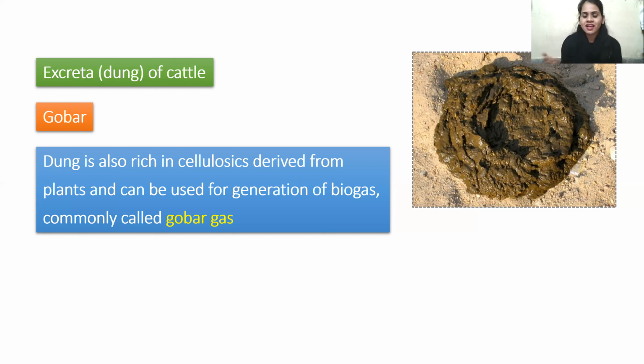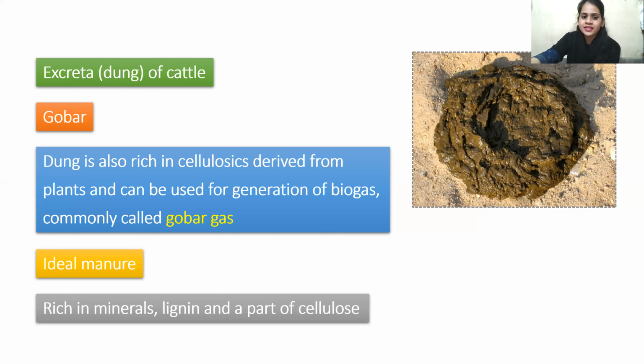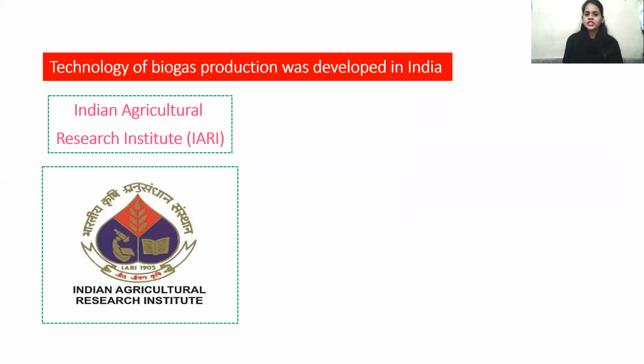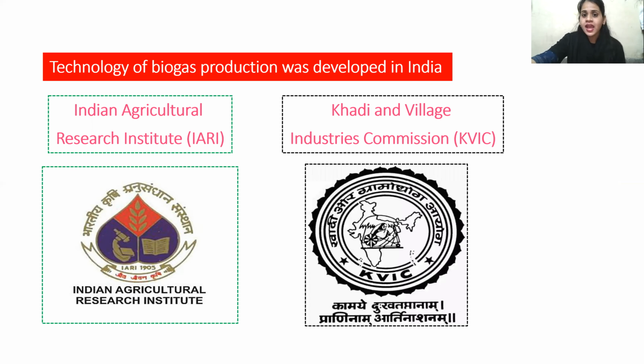So as that is having a cellulosic material, it also has a methane gas. And ideal manure also has it, which is rich in minerals, lignin, and a part of cellulose. So now there was a technology of biogas production which was developed in India by the Indian Agricultural Research Institute, which is called IARI, and the Khadi and Village Industries Commission, that is